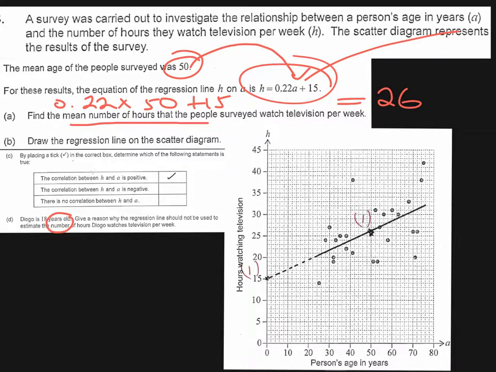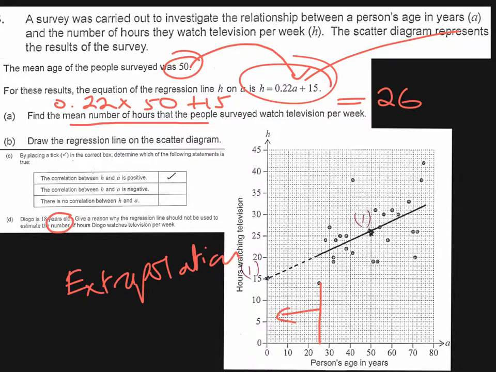And it says, give a reason why the regression line should not be used to estimate the number of hours they watch. Well, obviously you could use the regression line to make a prediction, but the reason you shouldn't is because if you have a look, the lowest data point we've got is here, it's about 26. So if we make any predictions to the left of here, we're actually making predictions based outside of the data. Now that is called extrapolation, and